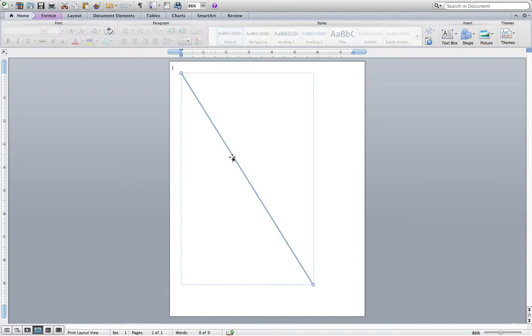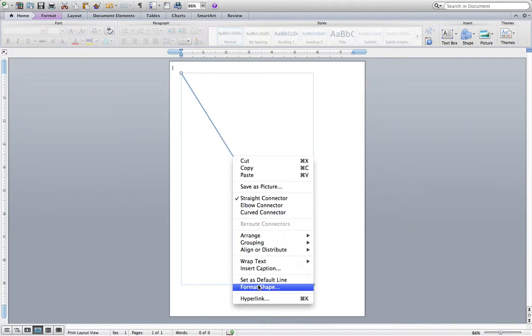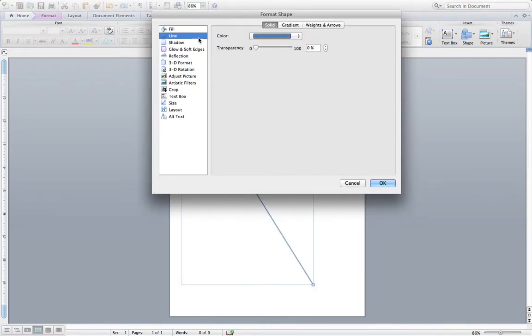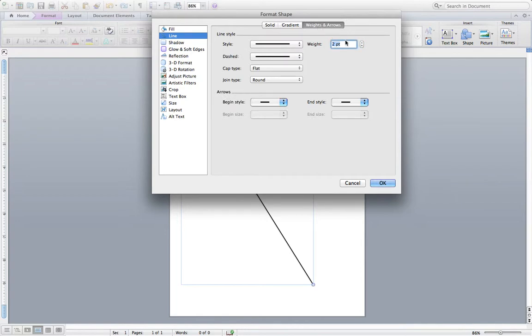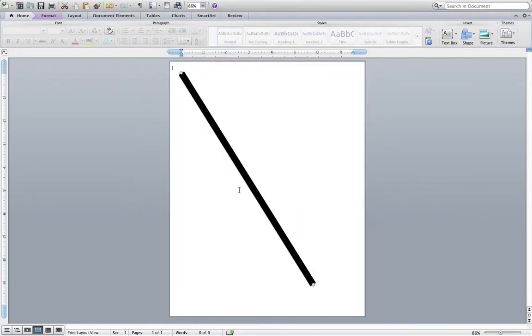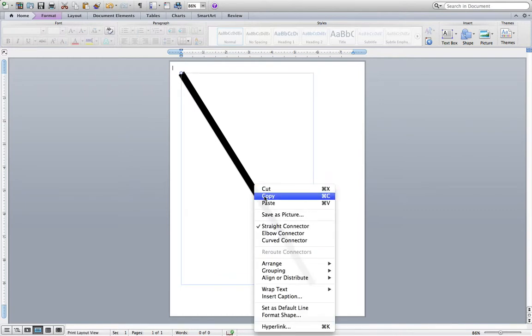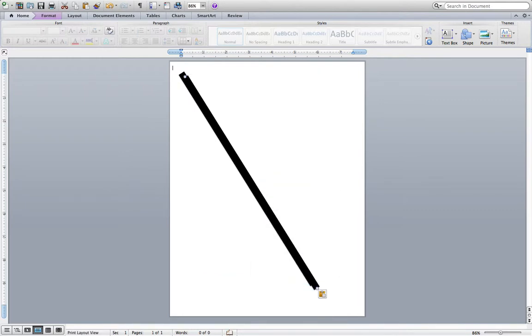And then I want to select this shape and format it. I'm going to go with black, and then you want to click on weights and arrows. The weight is the thickness. I'm going to go with 20. Okay. Now I want to duplicate this, so copy, paste,